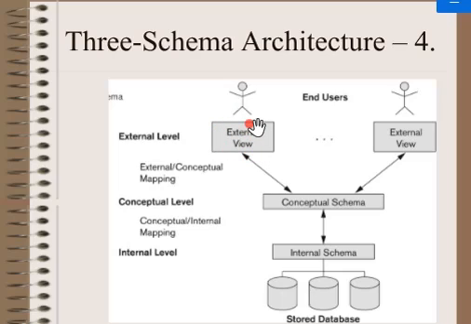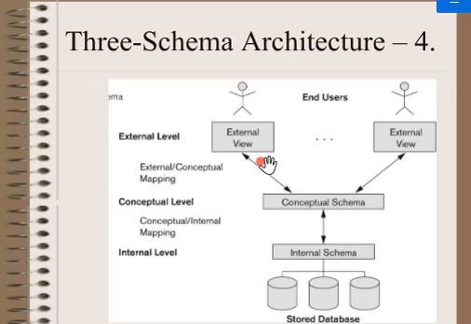For example, when we open any banking system or any e-commerce website, we can see the graphical user interface, the menus, the forms, or the web page. That is the way the data is represented to the outside world, where the storage structure and conceptual schema are all hidden from the external users.